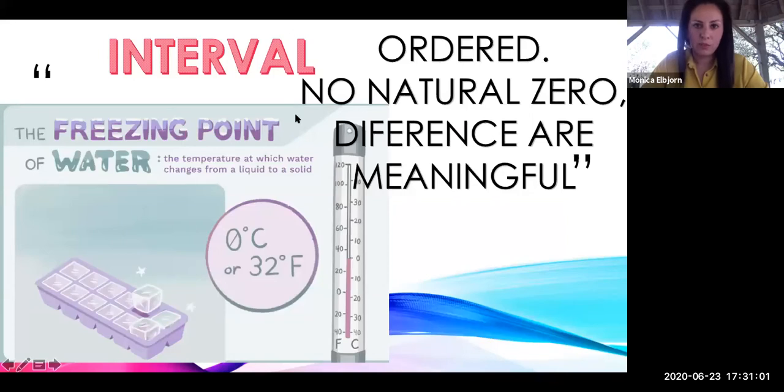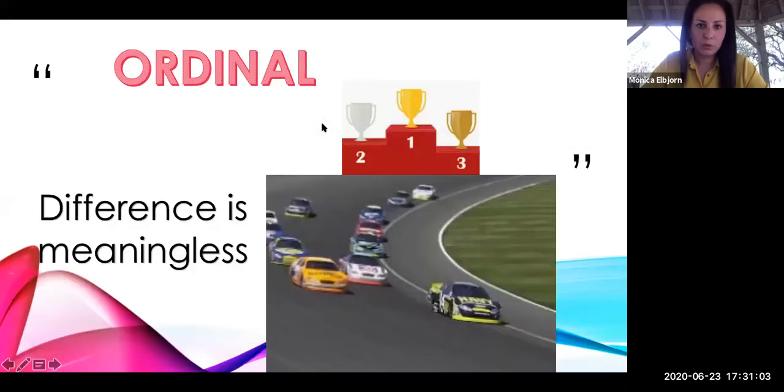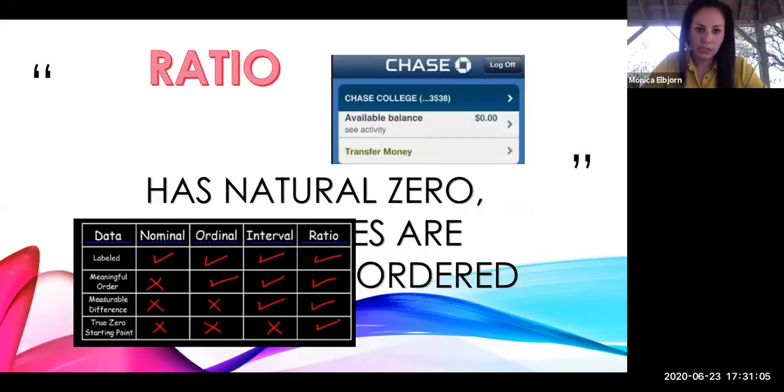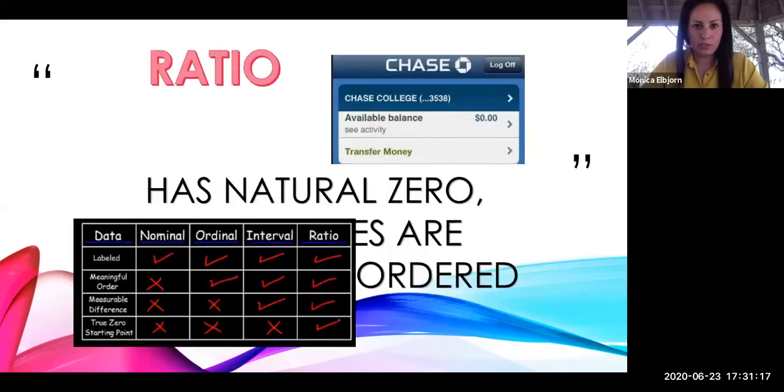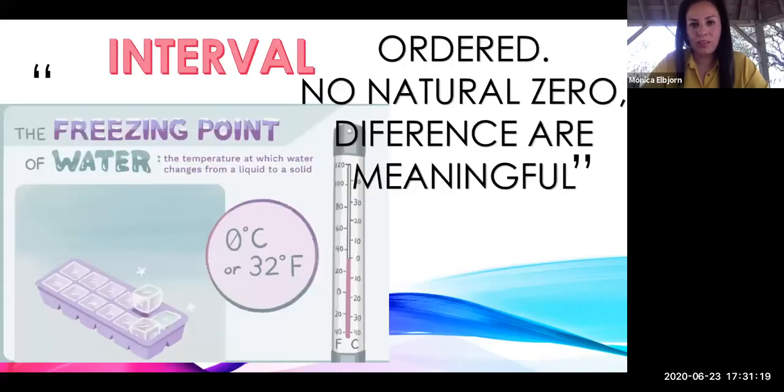Okay. So now you can see on this, we've got the nominal, which is only the label, only the category. Ordinal has the label and it has an order, a meaningful order. And then we've got the interval. The interval is ordered,